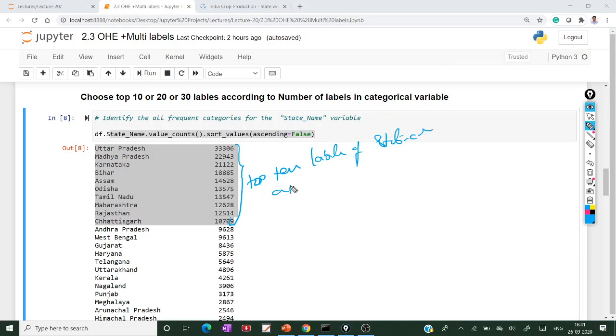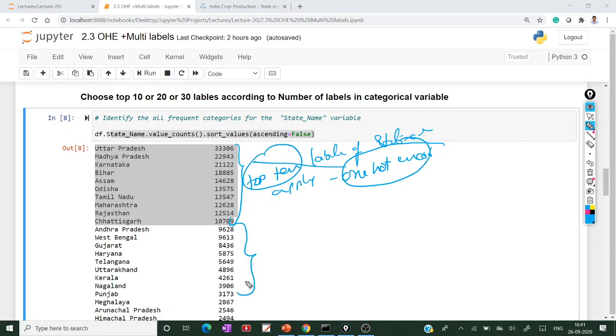Then you can apply one hot encoding to these top 10 labels only, and the rest of the variables you keep as 0. That is the style of this method.